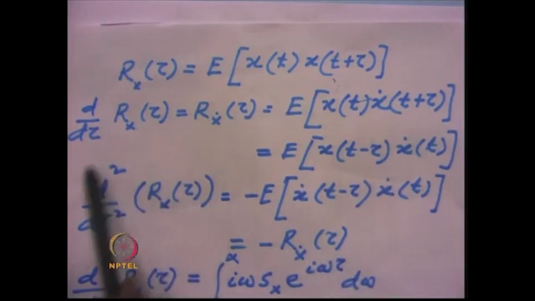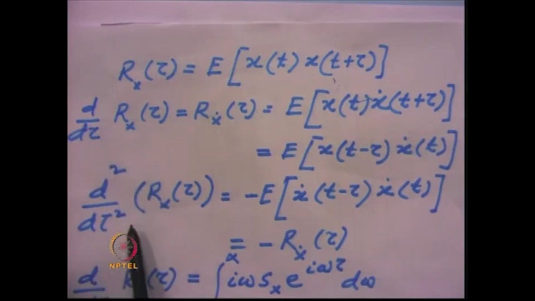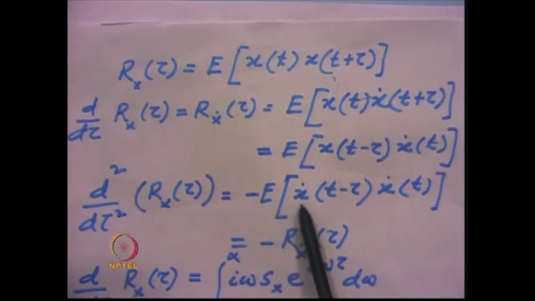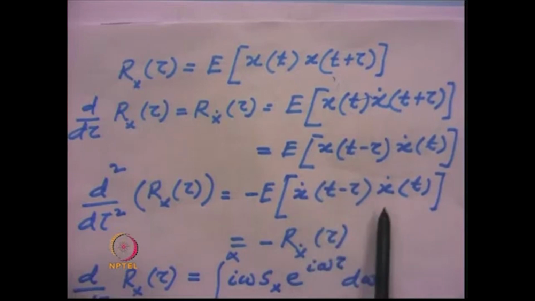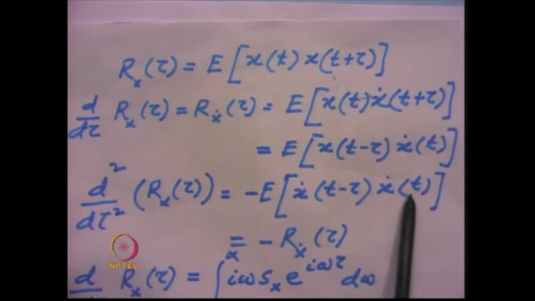Next we differentiate this once more, that is d2 d tau 2 of r x tau is equal to minus expected value of x dot t minus tau. This is differentiated once more and this remains x dot t. This is not differentiated because it does not contain the term tau,